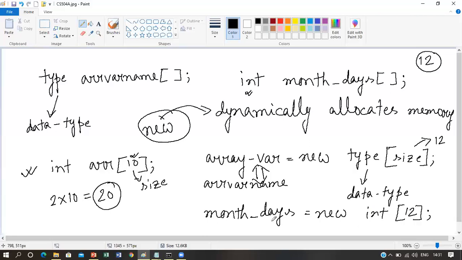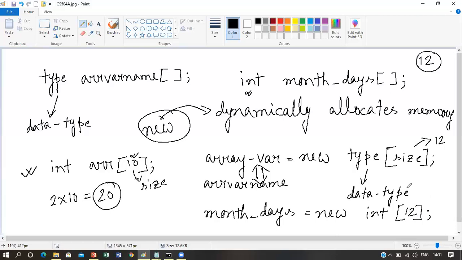So this means that this month days array has been physically allocated in memory by using this new operator, and this is the data type of the month days array. That means this month days array can hold only integer type values. And how many integers can it hold? 12 integers, so the size we have written here is 12.